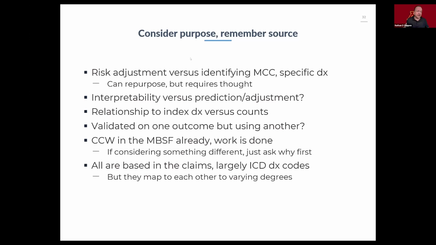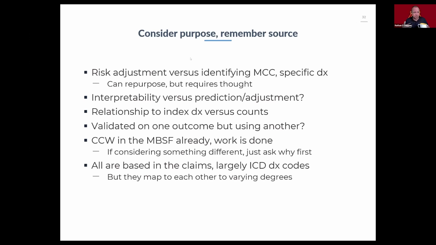Again, think back to the Gagne example where we had negative comorbidity, for instance. We can do those kinds of things, but we just want to be aware that we're doing it. Does it matter whether we can interpret, again, that Gagne with negative comorbidity? Well, if I'm trying to interpret negative comorbidity, that doesn't make much sense. But if I'm including it just as a risk adjustment and I'm actually okay with some of those things showing negative because they pick up some proxy of access or whatever else is going on, and I'm okay with that because it improves my prediction or adjustment, maybe that's fine.